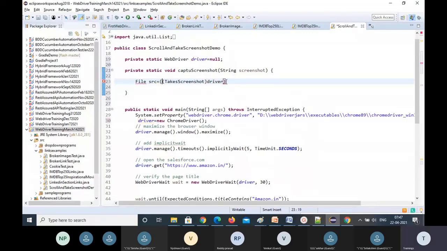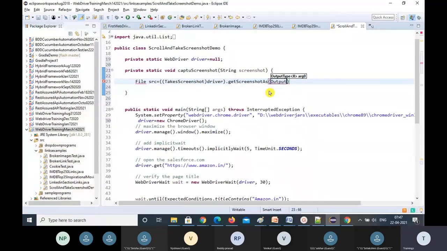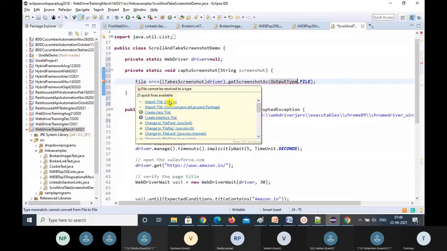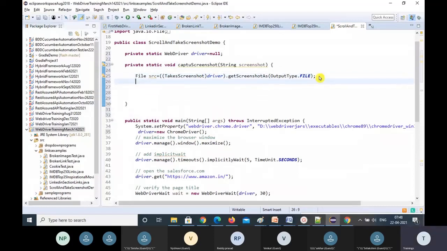Then call getScreenshotAs, and as output type, the file format I want. This type you can remove, not an issue. Now this File you need to import from the java.io package. So it's done.